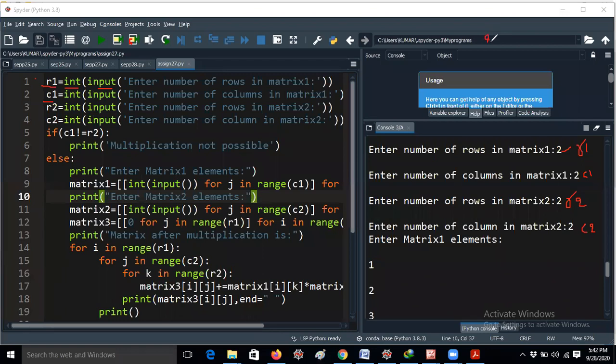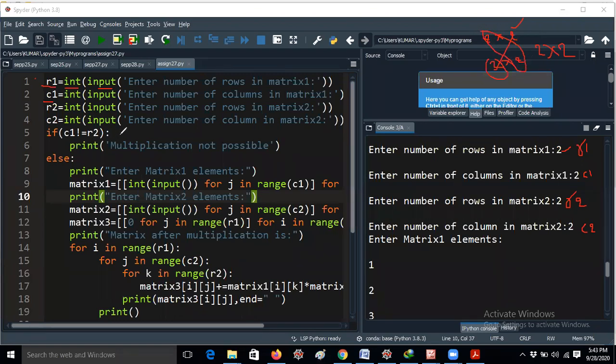So you should tell that when I'm taking 2 by 2 in matrix 1, we would like to take 2 by 2 in matrix 2. So you know that the resultant matrix should be 2 by 2. So here you should check first. If C1 not equal to R2, this is the C1, this is R2. If both are not matched, for example, if I'm giving 2 by 3 and 2 by 3, it won't work, right? Here I have given 2 by 2 only, so I will get a 2 by 2 resultant matrix, you know already, right?